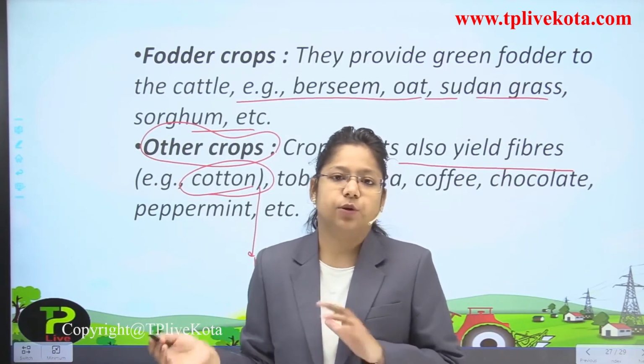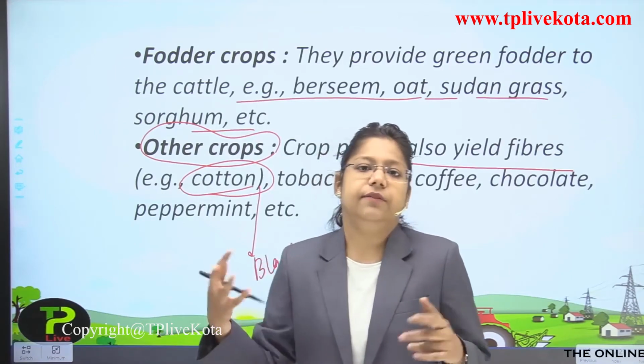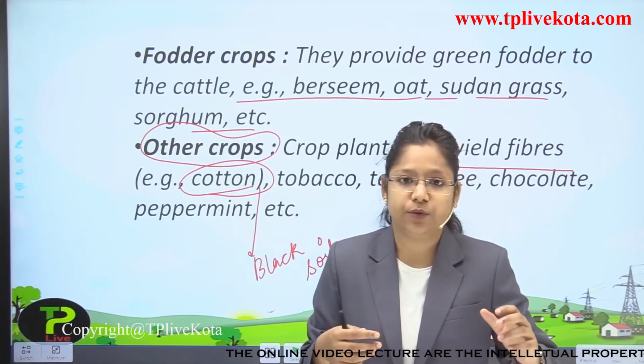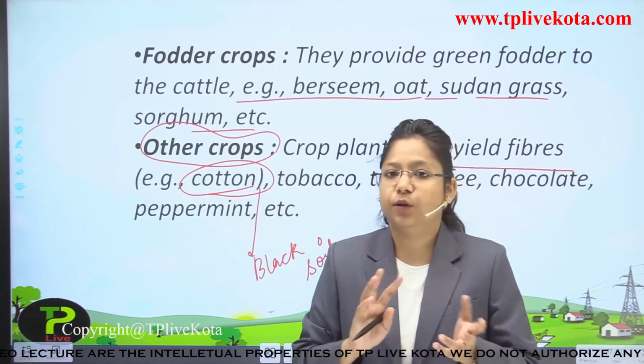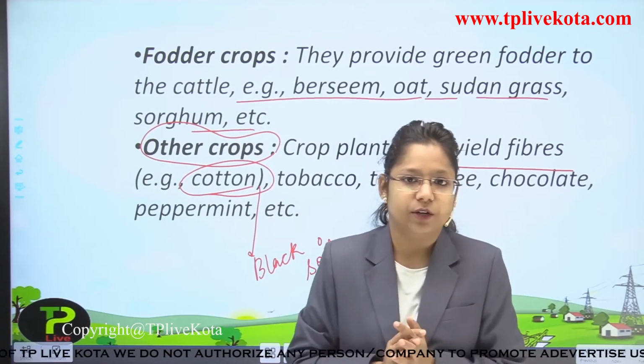Maybe it be black soil, maybe it be loamy, sandy, alluvial, any type of soil, and the weather conditions are the necessary conditions. Some soils are rich in nutrients, but if the weather conditions are not provided to them, then they will not grow properly the fruits or vegetables which we have cultivated over the land.